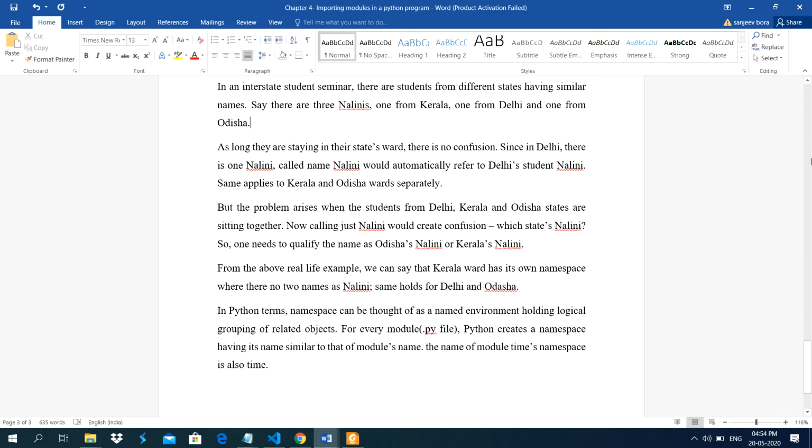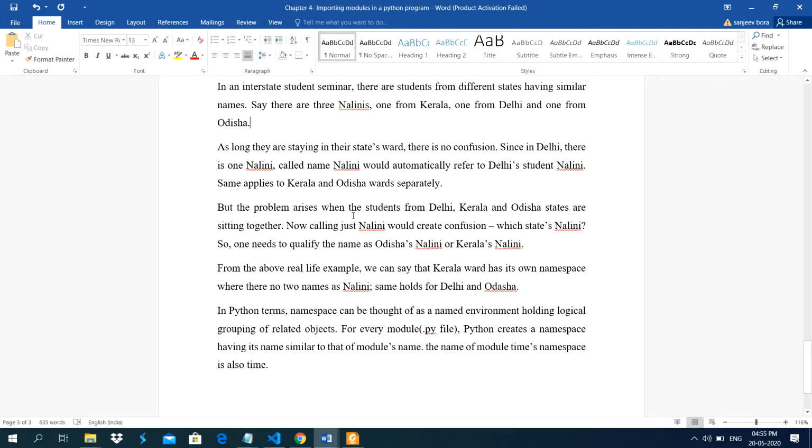As long as they are staying in their own state wards, in their allocated space, there is no confusion. Since in Delhi there is one Nalini, the name Nalini would automatically refer to the Delhi student Nalini. The same applies to the Kerala and Odisha wards separately.